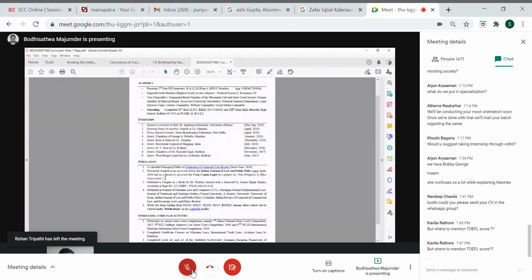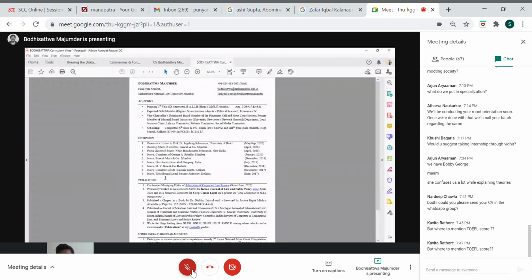Now I will say something which is not completely ethical, but it seems fine. In first year you don't have a lot to offer. These bright kids have done something in school, but I had done nothing in school. My only achievement was that I was house captain of some house in DPS. So what I had to do was first increase my academics section. So I took part in 5 committees, all the centers and all that NLU offered. So my bullet points for committees went this long. So I had legit things.